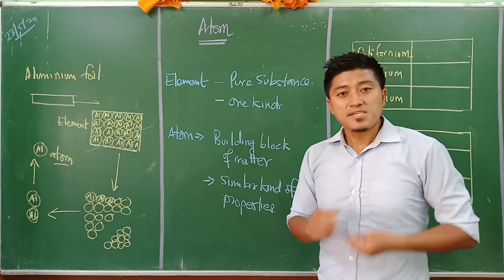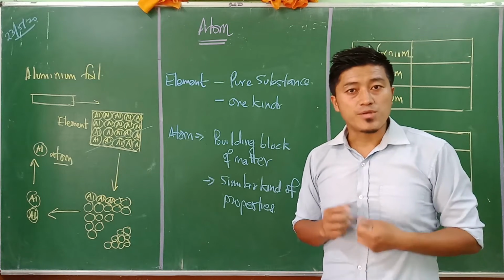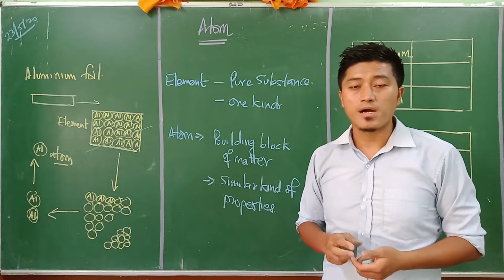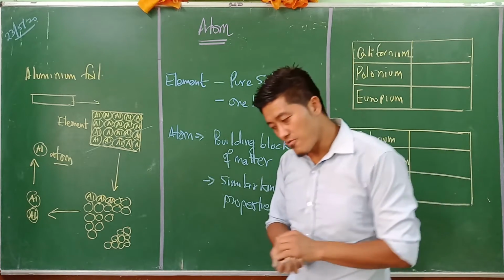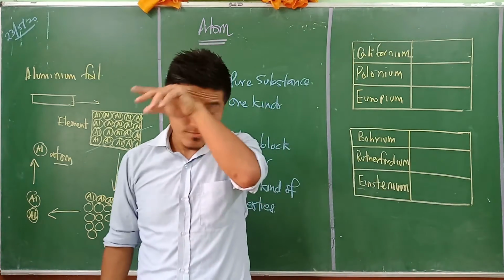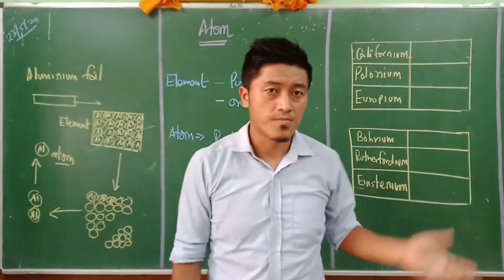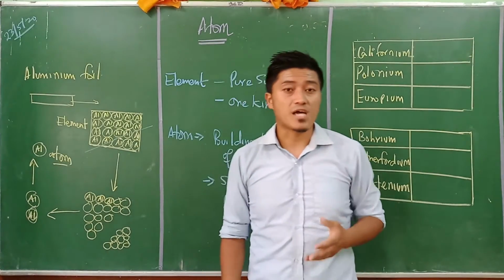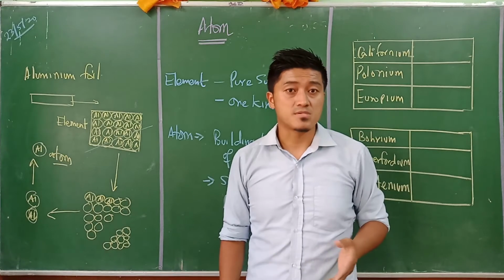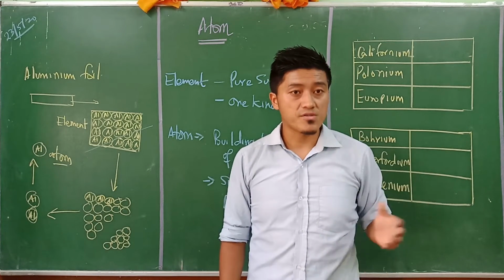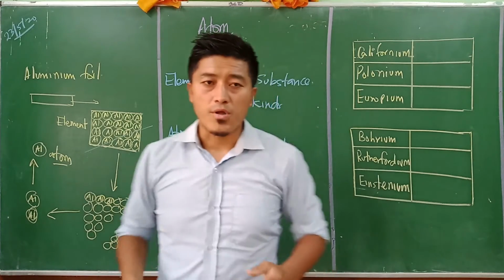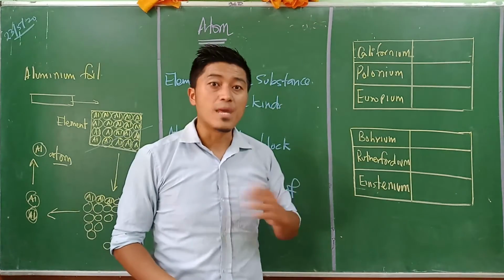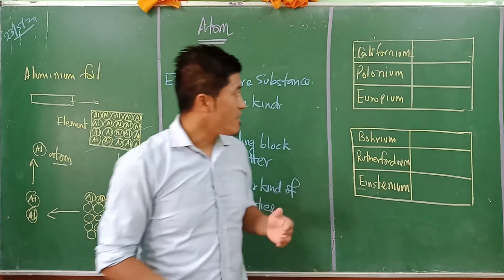Now, scientists have been trying so hard to name these elements, right? They are trying to name all the elements, and it will be very difficult for us to remember all the 100 elements in a row. Like, you all have a difficult time memorizing the 36 elements, and maybe 100 elements is quite difficult for us to remember. So in order to discuss the naming of the elements, I have written over here